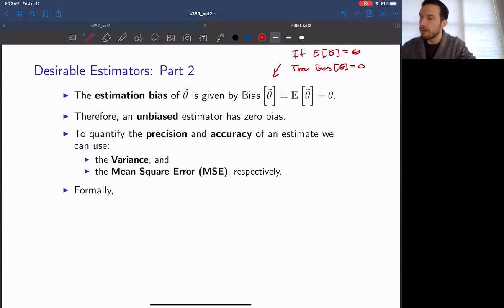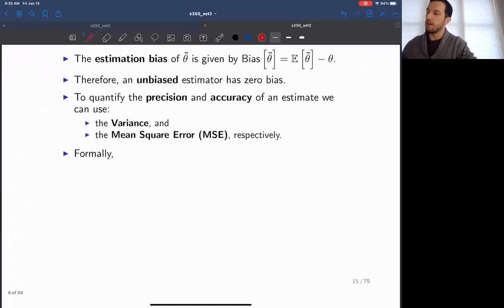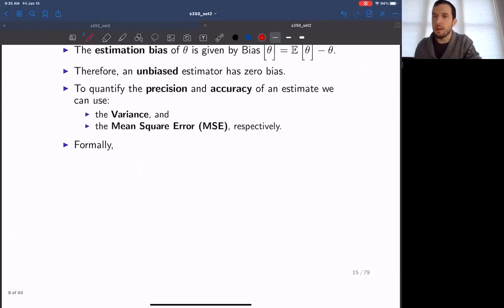Okay, so to quantify the precision and the accuracy of the estimate, we can use two values, the variance and the mean squared error. Most often we'll just focus on one of these values and compare them across different estimators, but we can use each of them respectively to quantify the precision and the accuracy of our particular estimator. Okay, now again, we've already established that when something is accurate, it has to be precise and unbiased. But formally, if we wanted to write down some definitions for this,